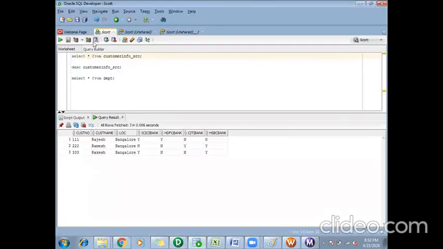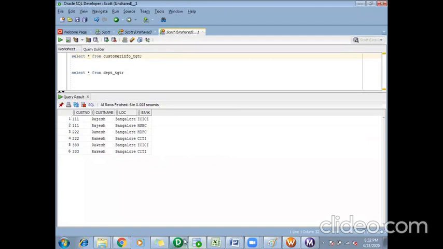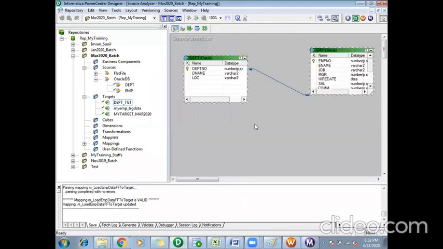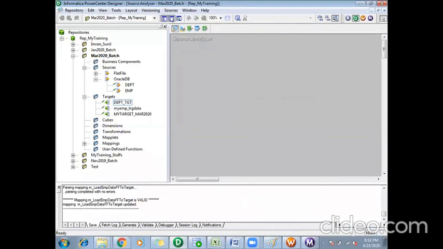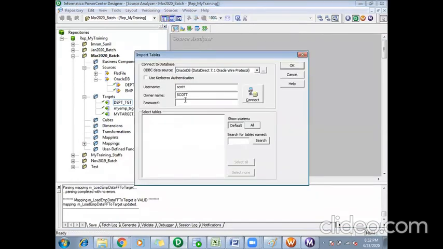Cool. So we'll proceed further. So we'll take this scenario. We'll try to convert these rows to columns now. These are again new source and targets for me, so I have to import them first. So let me do that quickly. Import from database.